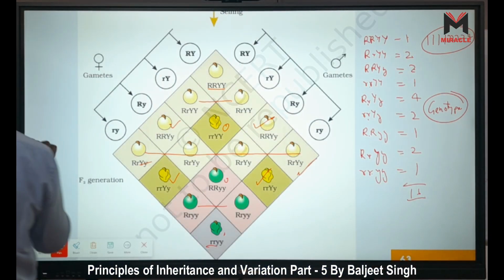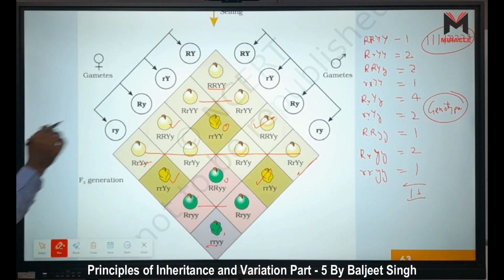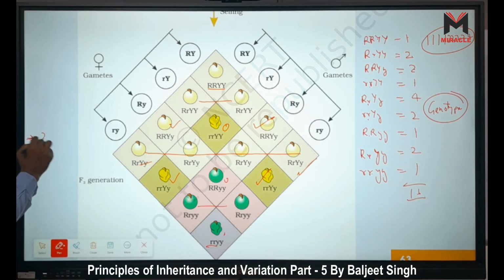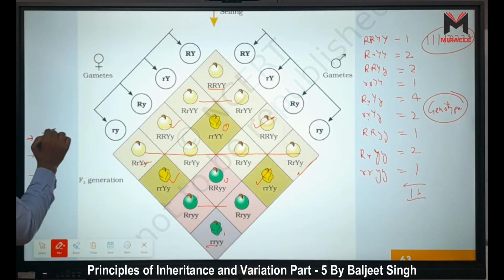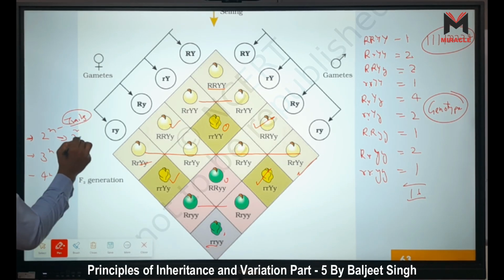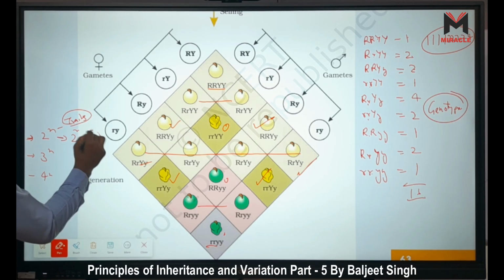Here we use one rule. When we want the phenotype, phenotype means 2^n, and genotype means 3^n, right? And if we want the number of gametes, that is 4^n, right? So 2^n means phenotype. Here we know dihybrid cross. Dihybrid cross means 2 traits are there. n means trait. How many traits do we get? So because 2 squared, a dihybrid cross means 4 phenotypes,